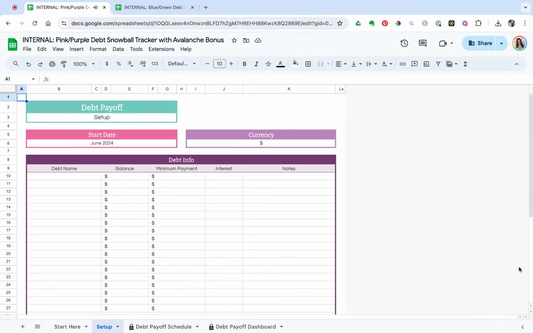There, I just want to walk you through the Debt Snowball spreadsheet so you can see how all the different features work and can use it to its utmost capacity. So you will receive two versions of the Debt Snowball spreadsheet. You'll get the pink and purple version and also the blue and green version. They're set up exactly the same, so you can just choose the one that you like best and go with